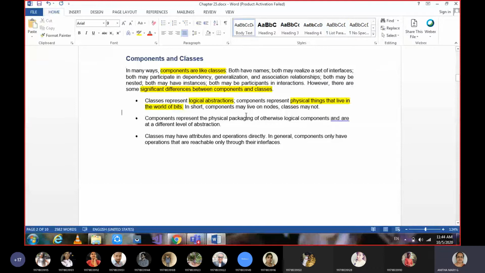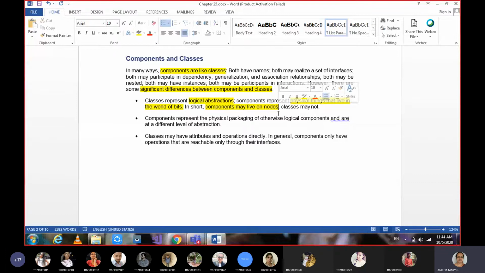And in short we can say components live on nodes. A component is like a pen drive or a CD or some physical part which has some logical things in it. A pen drive alone cannot play the songs or the movie, or whatever logical things you are carrying in it.